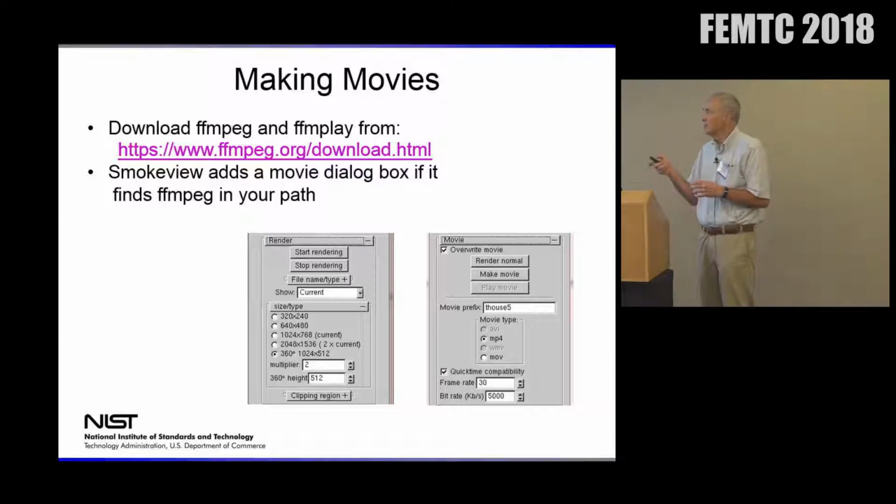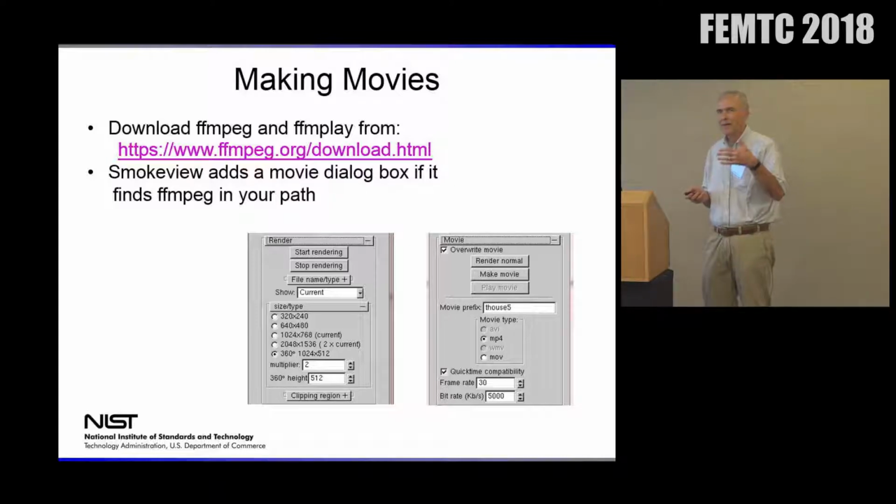You don't need to remember the link. If you just Google search FFmpeg, you can find it. Smokeview will add a couple of dialog boxes to use these programs if it finds FFmpeg in your path. And so I want to talk about making something called a 360 video, and that's